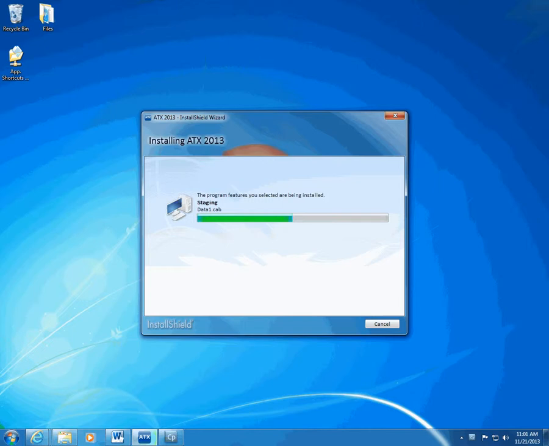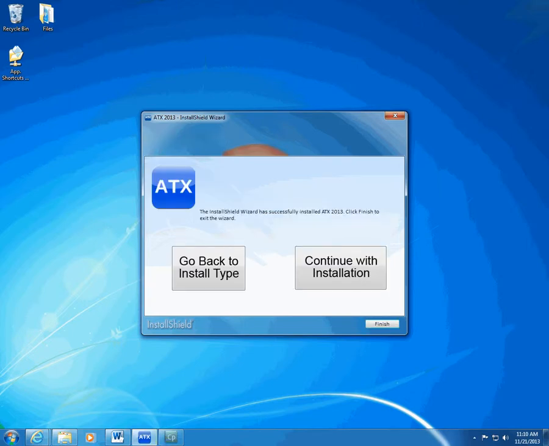If you did not have the correct version of .NET Framework on the computer, the Install Shield Wizard installs it. This extends the installation time, and Install Shield Wizard prompts you to restart your computer. ATX completes the installation. Remember that you should also install ATX 2013 on any workstations when you finish the installation